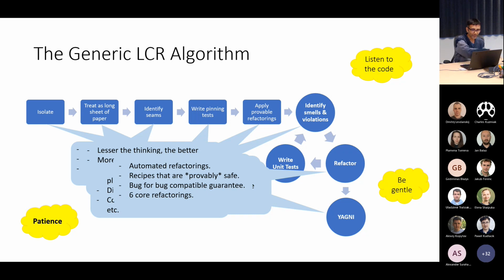Once you've done that, now in the extracted method, you can easily write a unit test. So now you have an input, you have an output, that becomes a unit test. Similarly, you repeat this cycle and you don't have to go all the way. The 80-20 rule applies. If you spend 20% of the effort, 80% of the code just looks remarkably better.